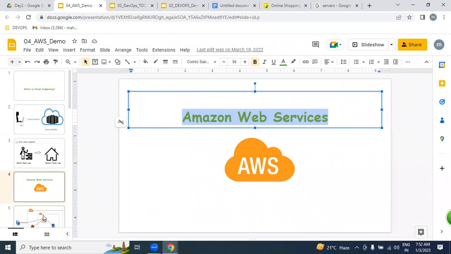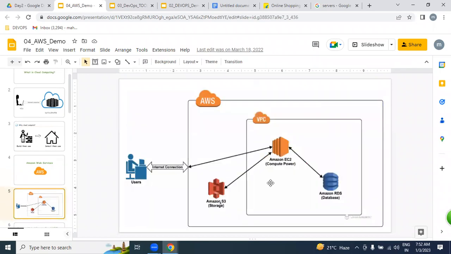In AWS, we are going to learn a total of 4 modules. What is the first module, guys, please? VPC. Second module, EC2.